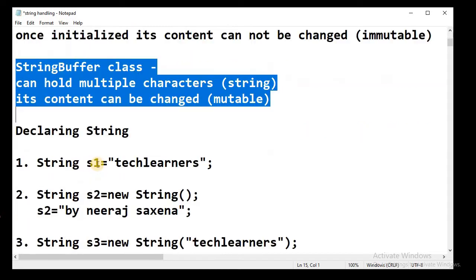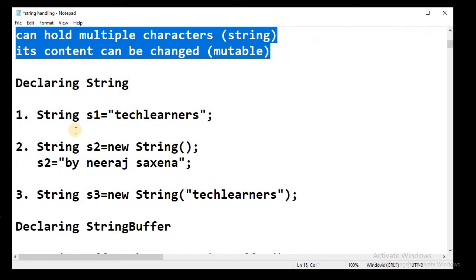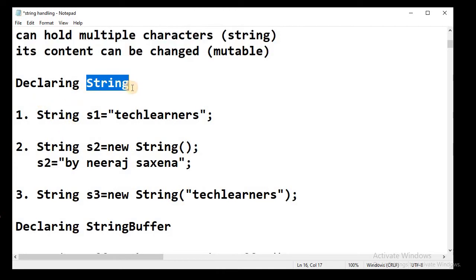In today's video, we will be discussing how we can declare these two, string and string buffer, and how we can use them. So to declare a string, we have three ways. We can directly declare a string with the help of the string class as a data type, as a variable.